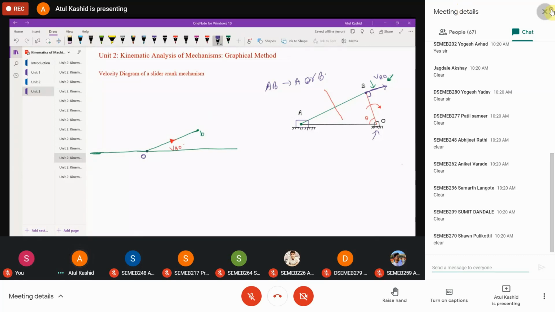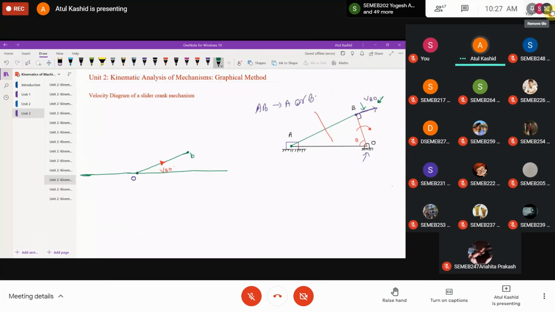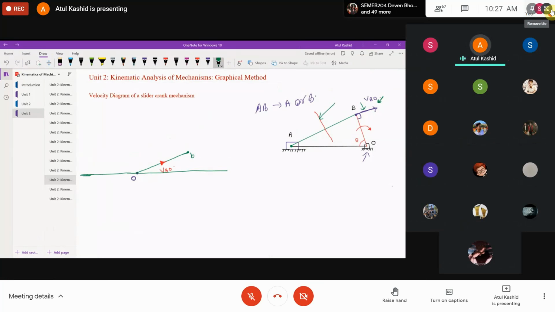So what we can do, we will draw a line which passes through the point B, and it will be parallel to this line, right? So it will be like this. And we can see now it is intersecting at this point. So this point is your point P, right? I will erase the unnecessary part. This is not required, this is not required, and this is also not required. Right? So simply, now if I draw like this, the arrow is pointing towards the point P.